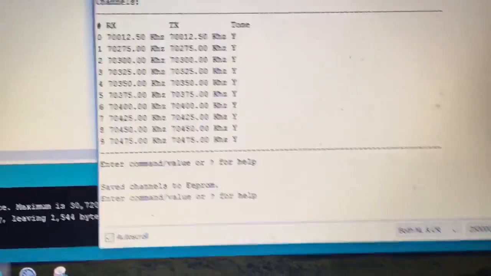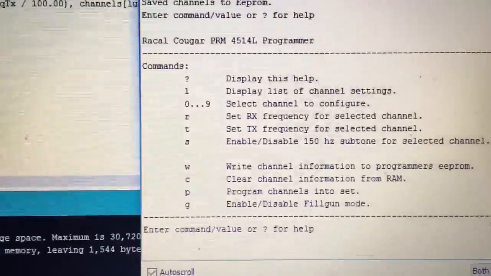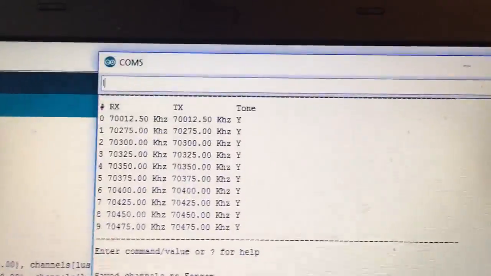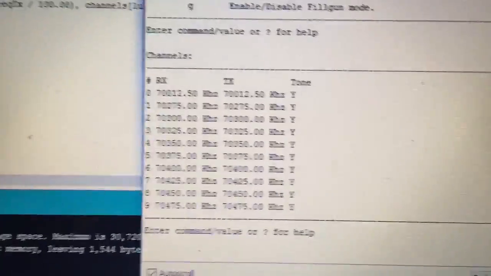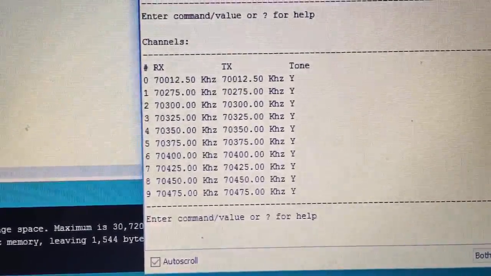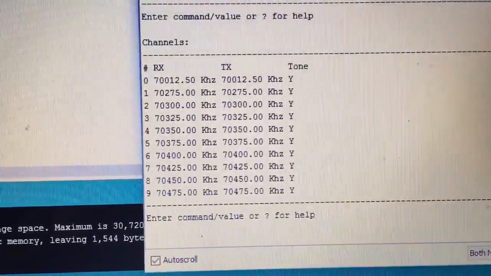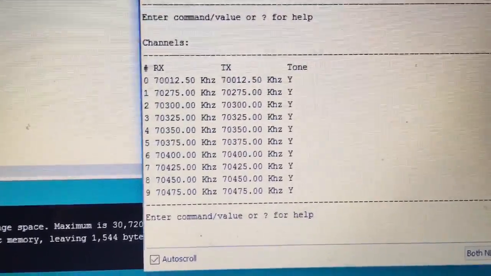We can confirm this by resetting the Arduino, pressing the button, and when it's reset, request a list of currently programmed channels, and you can see from now on